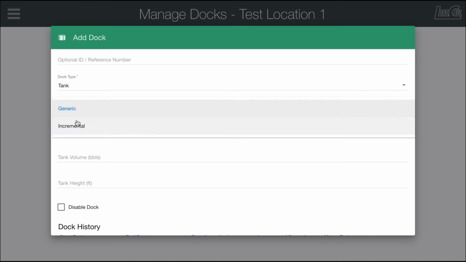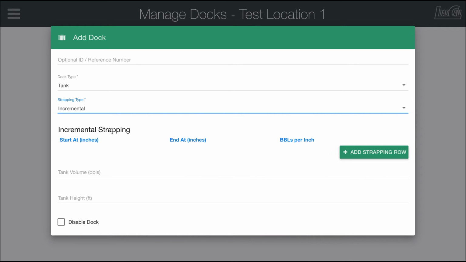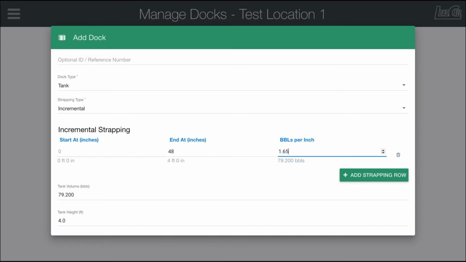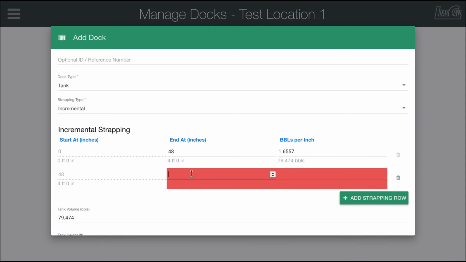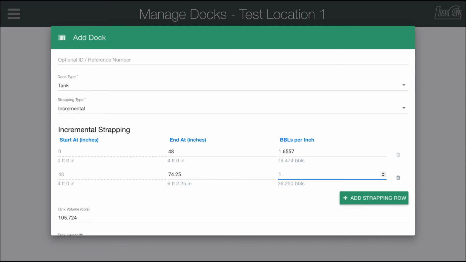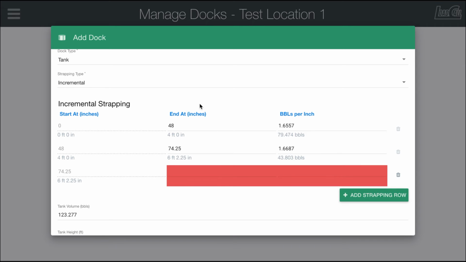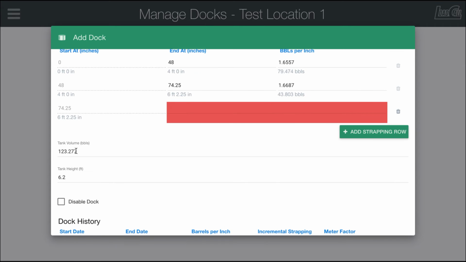If you do incremental strapping, you have the ability to create an incrementally strapped tank. So I can say from 0 feet up to, let's say, 48, it's going to be 1.6557 or whatever. And then I can add another row, starting at 48 and going up to, we'll do 74.25. You can put whatever you want in here. 1.6687. And as you can see, you can create your incremental strapping tables in here, which will automatically